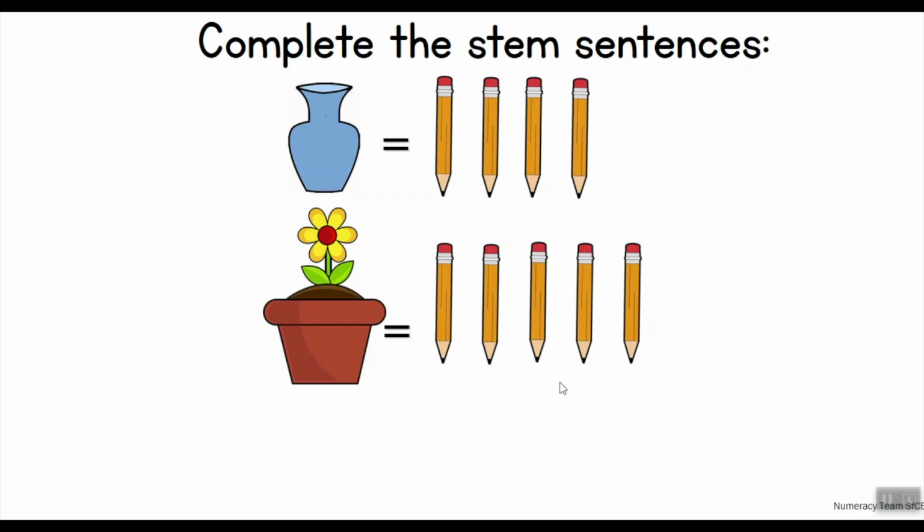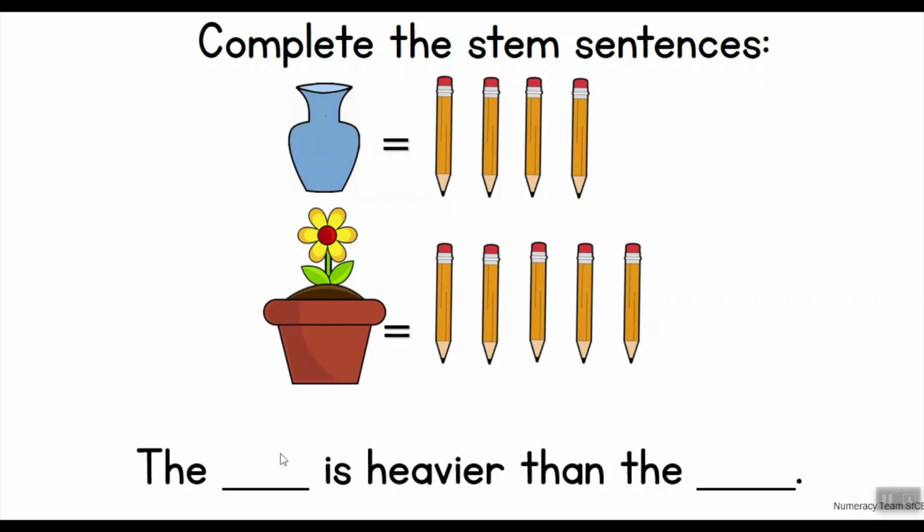Here we can see a vase and a flower pot shown in 2 picture sentences. Let's look at them one by one, shall we? First we see that the vase is equal to 4 pencils. Then we see that the flower pot is equal to 5 pencils. So now we are seeing the weight in pencils. The instructions at the top tell us complete the STEM sentences. And this is our first one. The is heavier than the